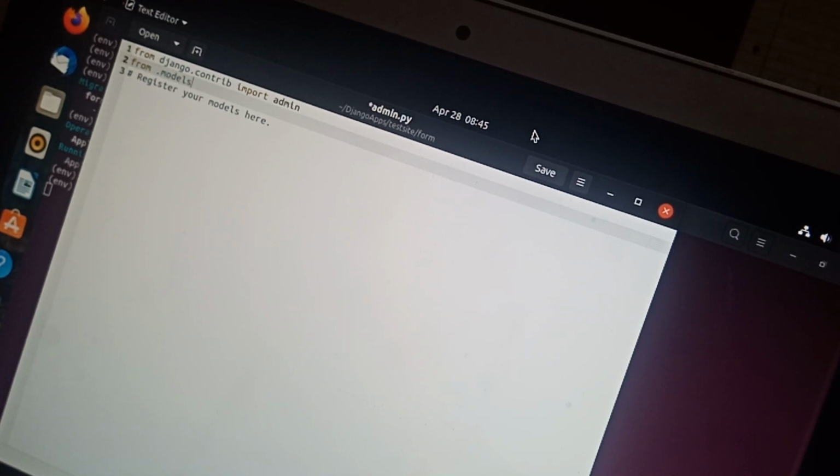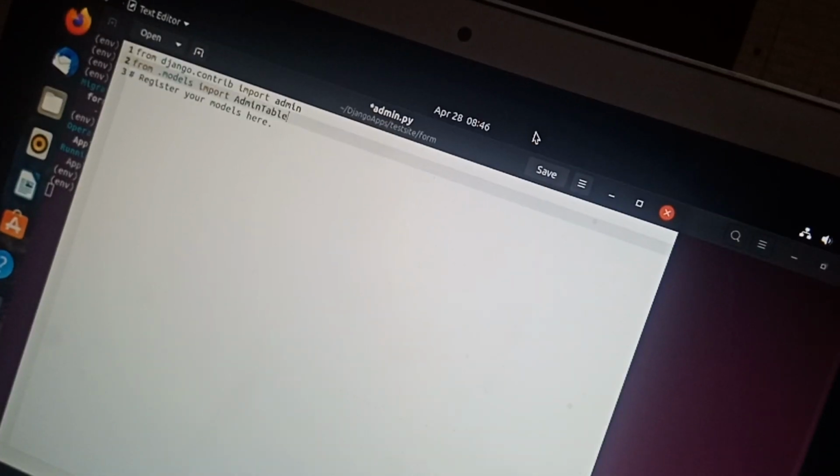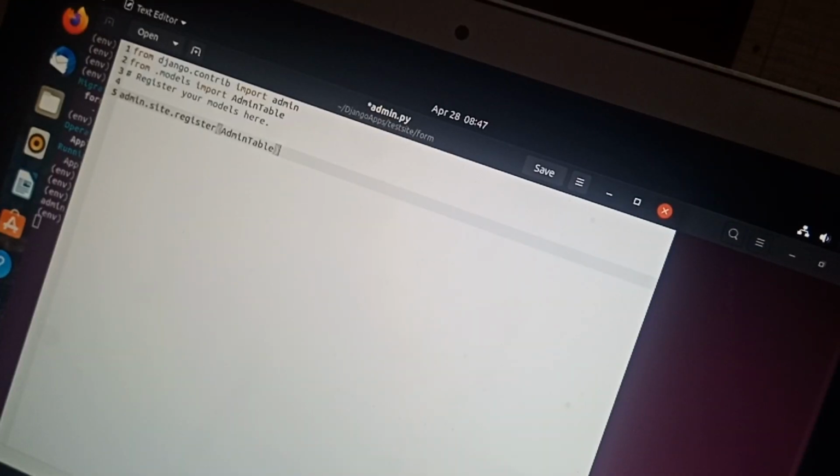From models import admin table. So here we write admin.site.register admin table and we'll save it.